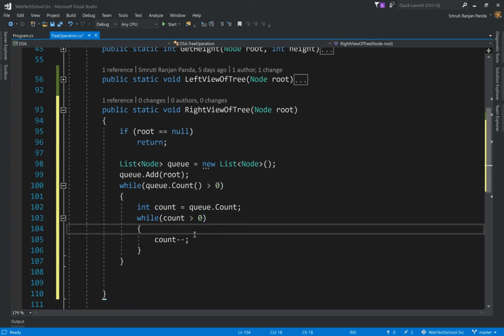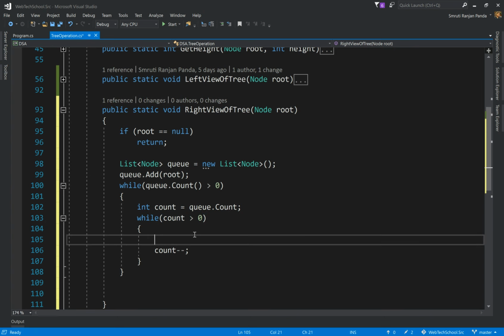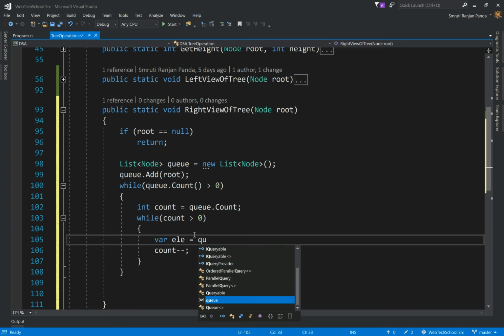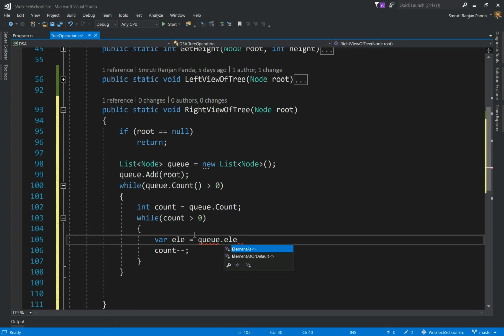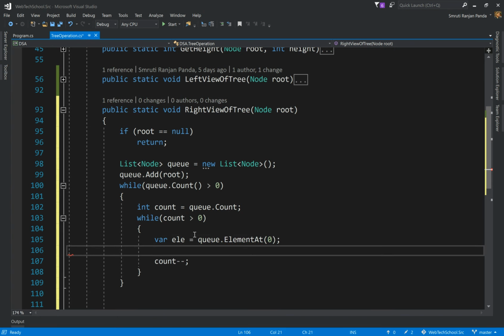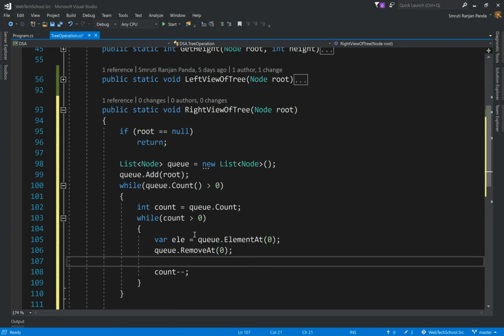Now let's dequeue from our queue. For dequeuing, let's grab the element in the queue, the element we are dequeuing. So I'll say queue.ElementAt(0), and then in this line we will do our dequeue operation: RemoveAt(0). So now we need to push its left child and right child.